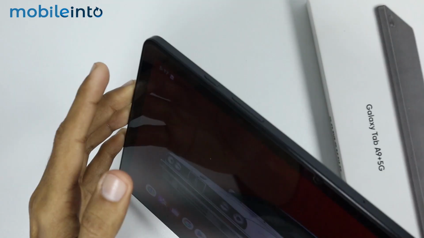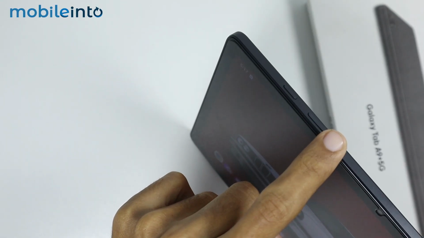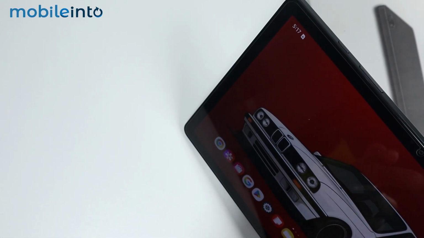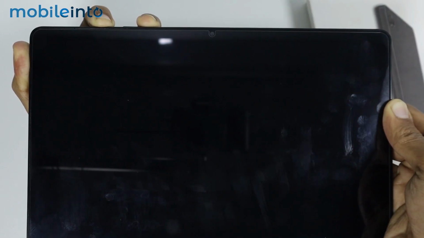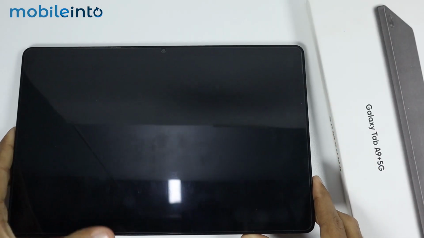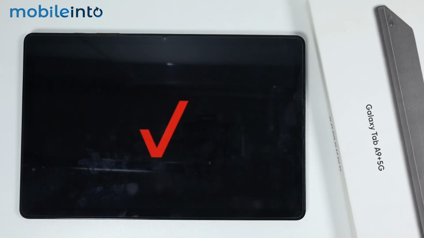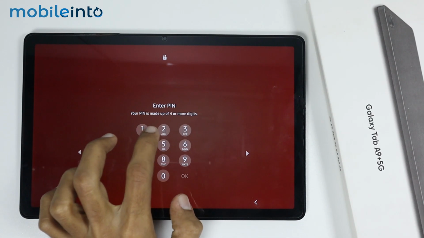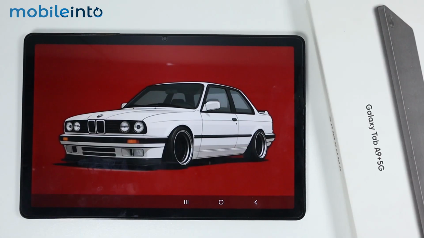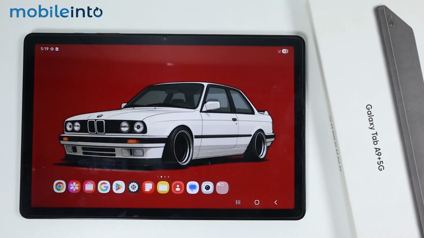To do that, just press and hold the power button and the volume down button at the same time until the screen of your tablet goes black. And once the screen goes black, just release both of the buttons. Now after the force restart process is completed, go to your home screen and check if your issue is fixed or not. If your issue is still not fixed, then for the next method, just swipe down from